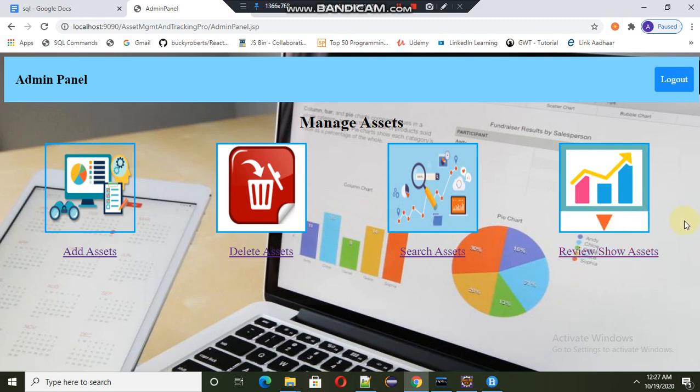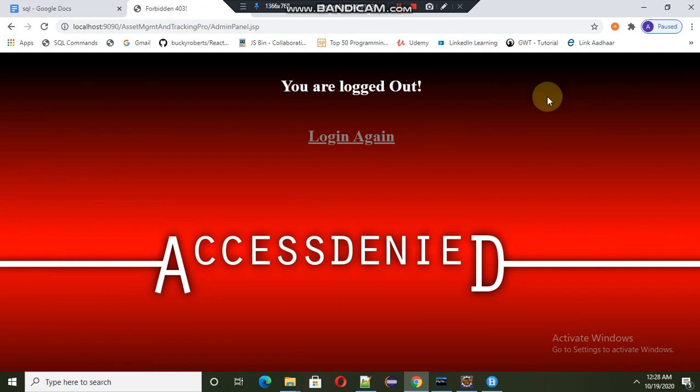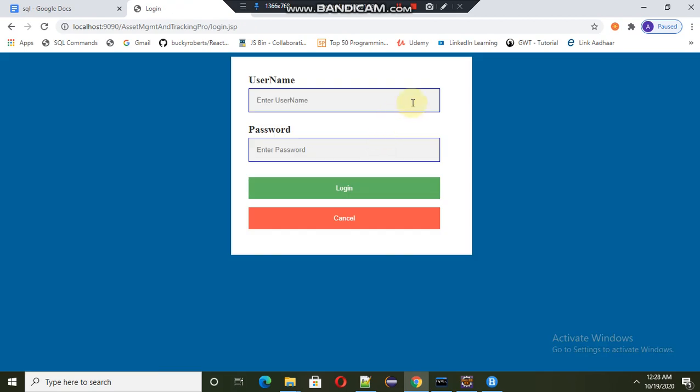This is a simple application using Java, and for the backend it uses Servlet. When you log out, this is the clean page, access denied. When you want to log in again, click this login button, enter your credentials for login. So congrats again.